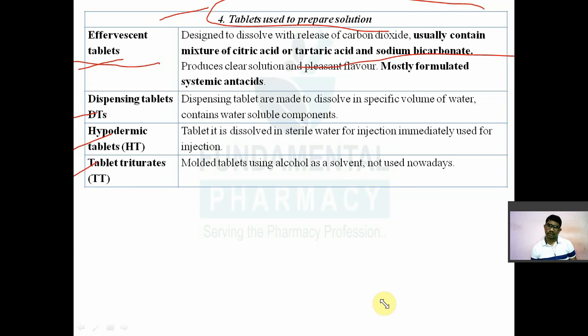Remember the content of effervescent tablet, they can ask questions on this. So it consists of citric acid, tartaric acid, sodium bicarbonate. इसके ऊपर क्वेश्चन आ चुके हैं फार्मासी एग्जाम में, ऑथर एग्जाम। And effervescent tablets are mostly formulated with the